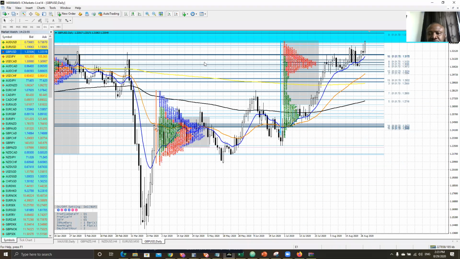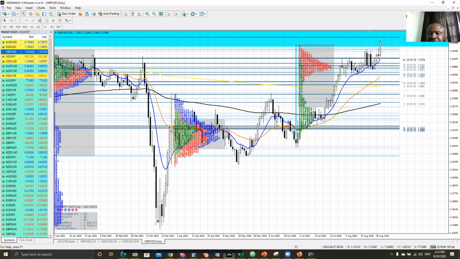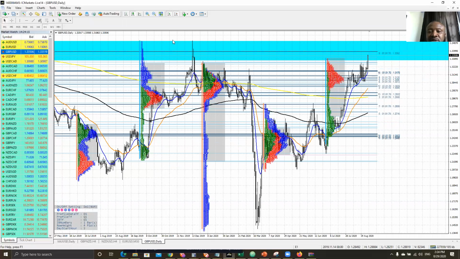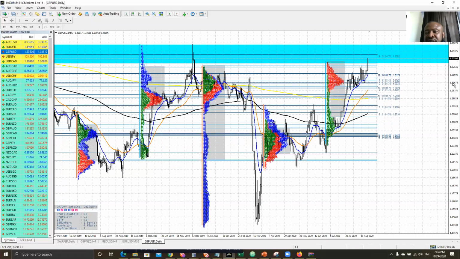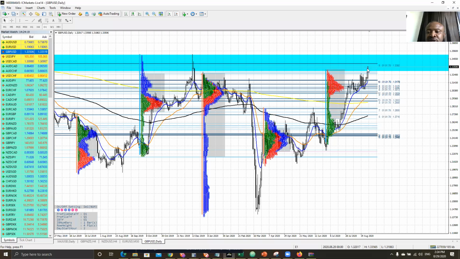Let's see what daily is telling us. So after this, I think last week James or Peter was asking me a question, how do we approach this? And I said the best thing is to buy this low, and this is a trade that actually happened and pushed up higher. So right now, the pound is not a buy for me, neither is it a sell for me. In fact, I want to see the price push up higher and give us a daily rejection for this resistance to potentially hold.